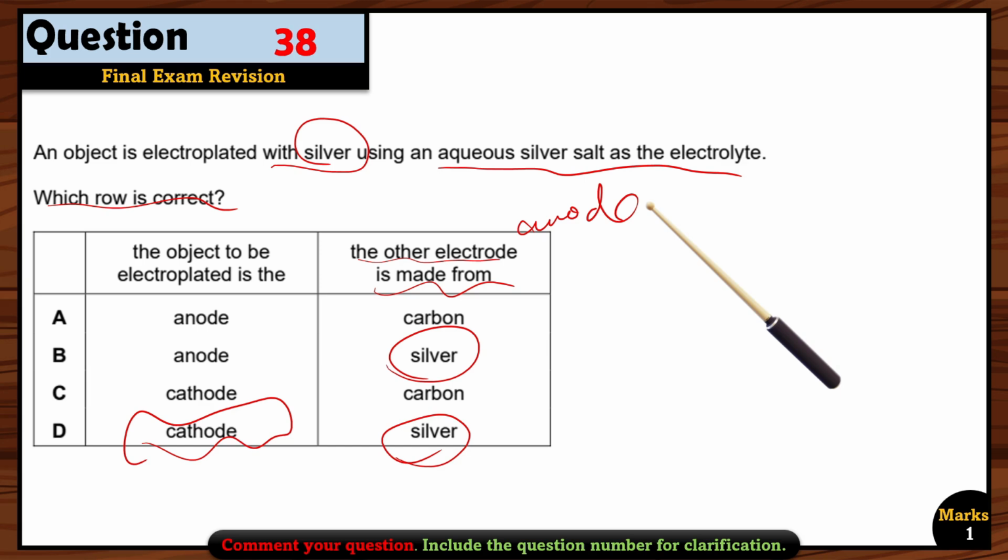This question is only related to electroplating, in which your anode should be made up of the metal that you want to deposit and the cathode should be made up of the thing that you want to electroplate. Okay, it can be iron. If you want to do the electroplating of iron with silver, just put the iron at the cathode, and at the anode it should be silver. Okay, and what about the electrolyte solution? It will always be the same as the anode. If your anode is made up of silver, then your electrolyte solution should be any salt or any solution of silver, okay, not of iron. I hope this point is clear to you. So these are some of the questions that mostly students find difficult in the